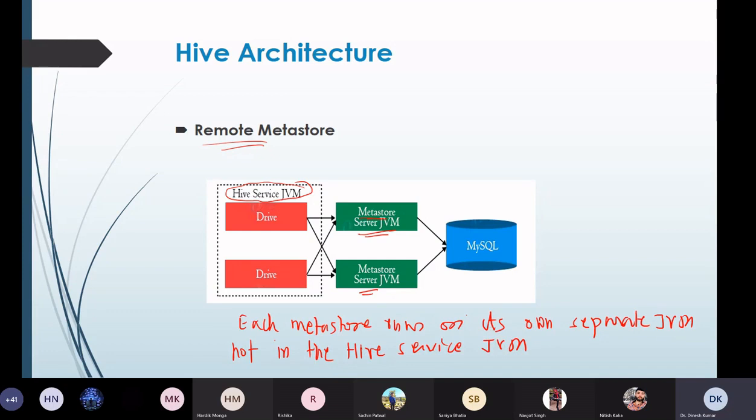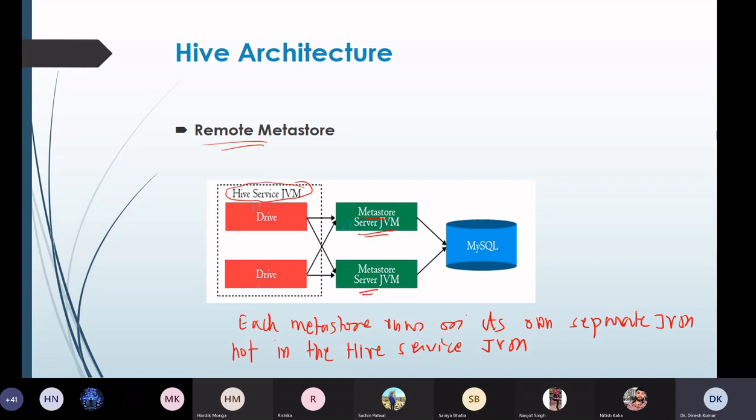If some other process wants to communicate with the Metastore server, it can communicate using the Thrift network API. I have already discussed what Thrift applications are. So any other process that wants to communicate with the Metastore can do so using the Thrift network APIs.